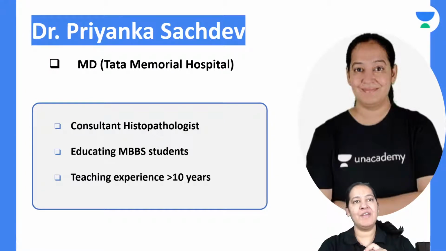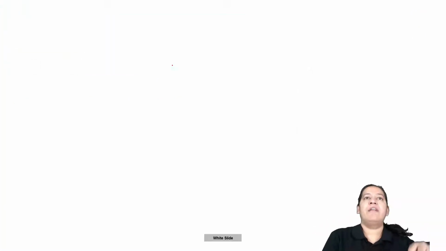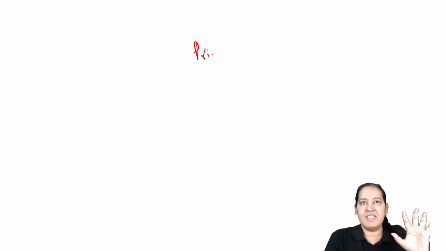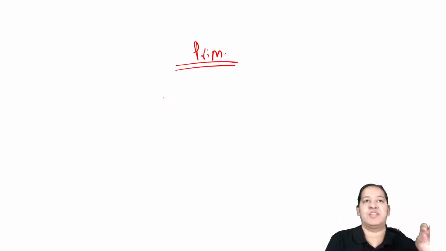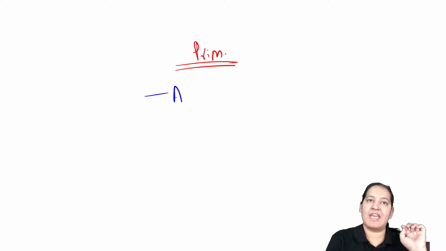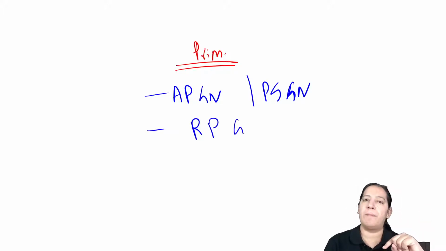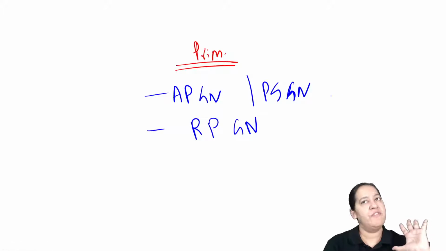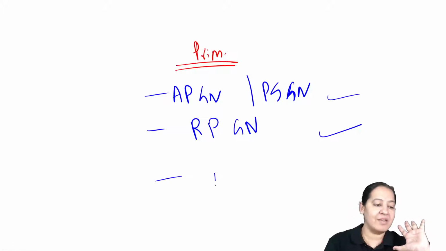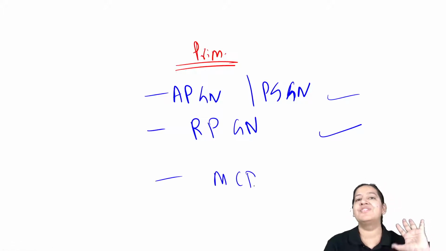In the first session, we have already started glomerulonephritis. We have started primary glomerulonephritis, and among the primary, there are 9 types. Among them, we have covered 2 in the last lecture. We started with acute proliferative glomerulonephritis, or post-streptococcal glomerulonephritis, the first one. After that, we moved on to the second one, RPGN, rapidly progressive glomerulonephritis. We have finished these 2. Let me start the third one, that is minimal change disease.